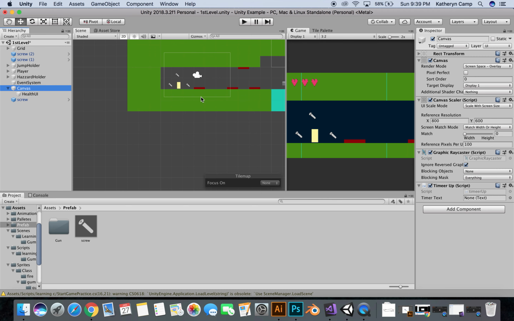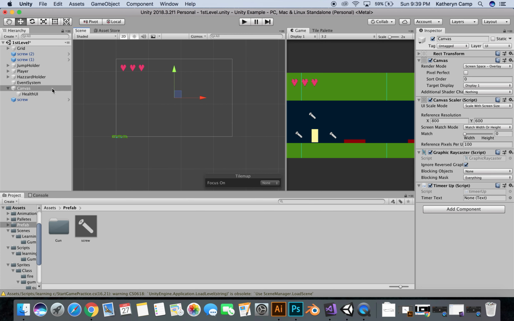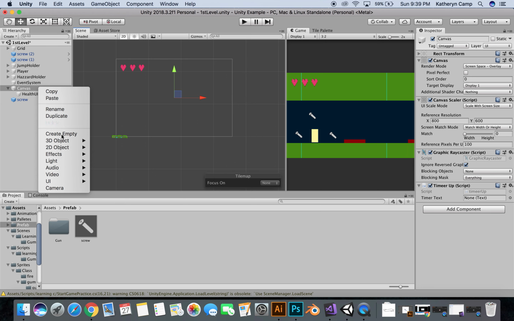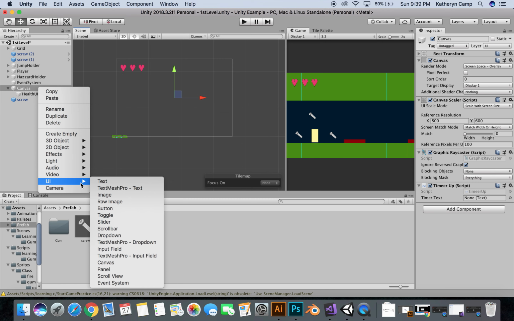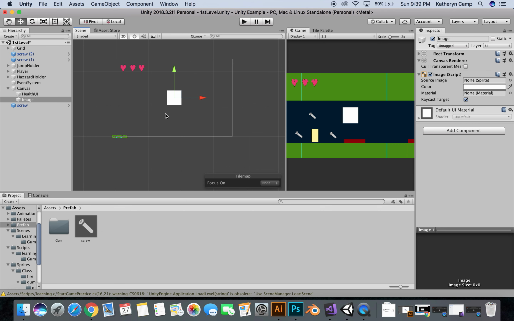Now let's talk about what we need to do for our canvas. And this is where it's going to work very similar to, and I just pressed F again once I clicked on canvas to focus, it's going to work very similar to the way we did health. So I'm going to right click. I'm going to do UI. And I'm going to scroll to, I always can't find an image. There we go. I'm going to scroll to image,